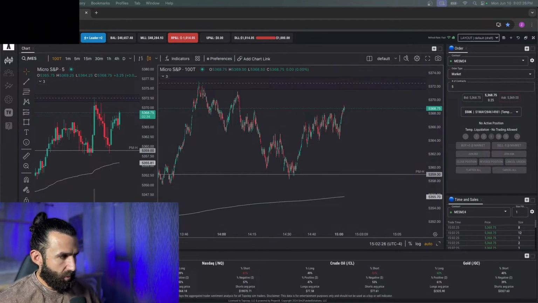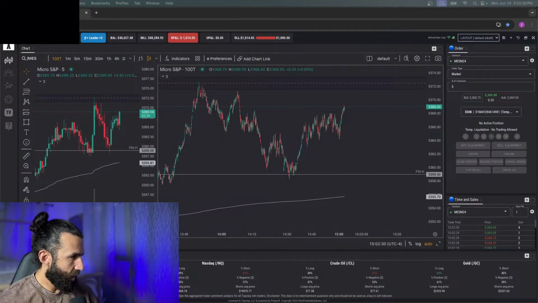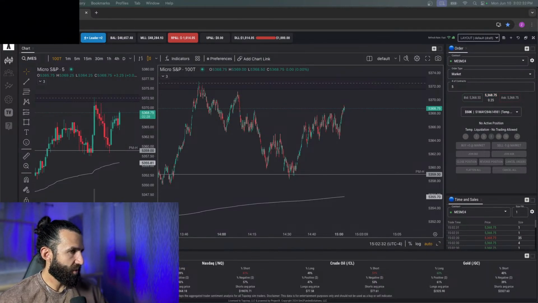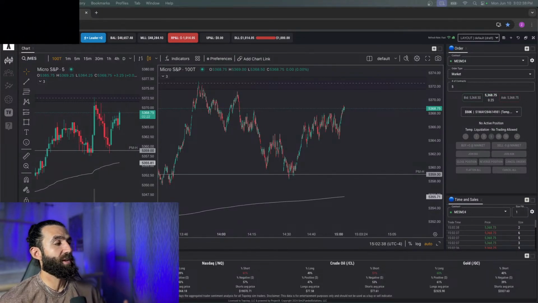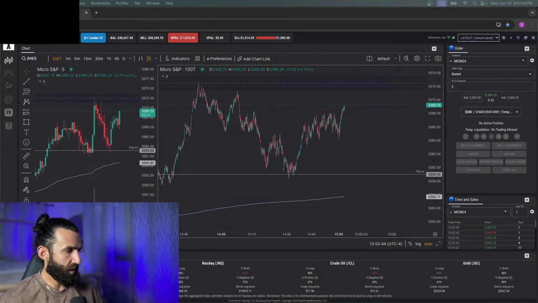I don't know exactly what you mean. I'm not trying to sell you on it, but I don't know exactly what you mean there. I know that there's less volatility. There's less quick movements, so there can be less trading opportunities, less areas for entry. I think that's what we're talking about there on ES versus NQ. But it's just about